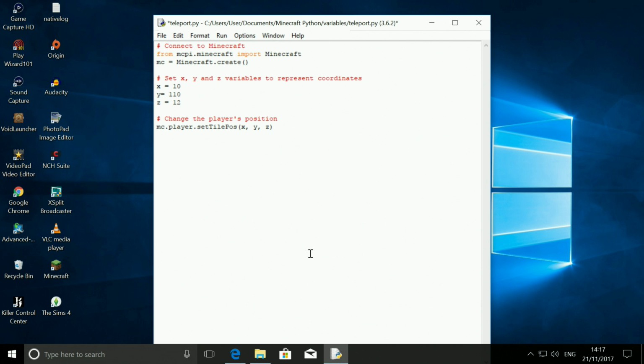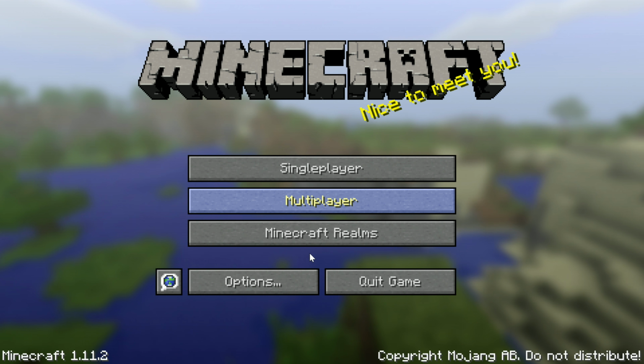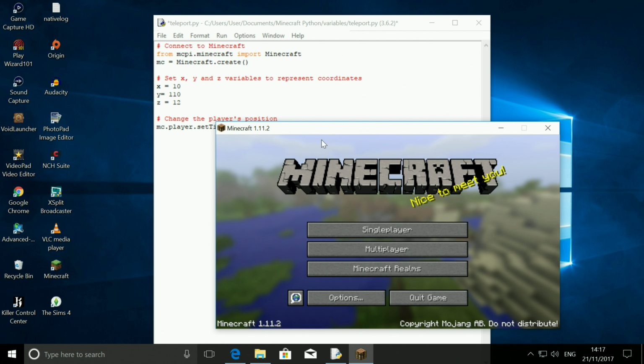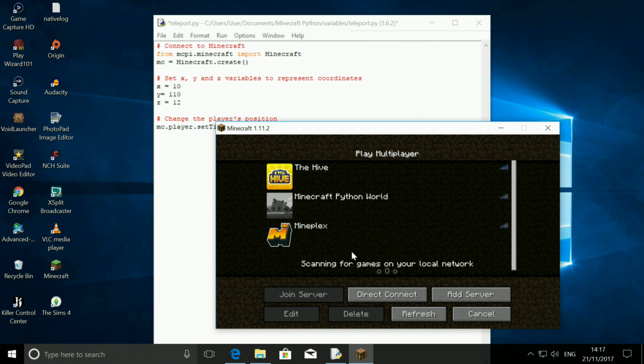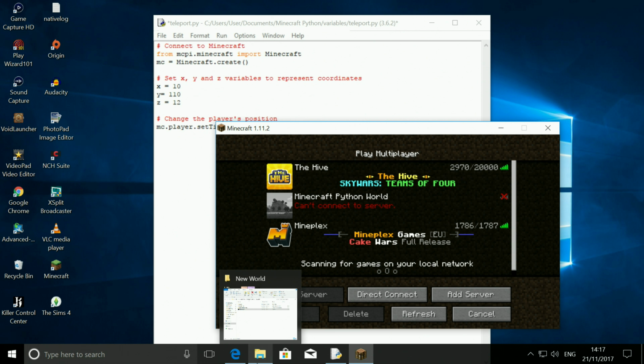So you're going to click play here, and this should open up the brand new world. However, if you do open up the brand new world and an error message does come up, something like this, which I'll show you in a bit, as you can see here, let me just minimize this quickly, press F11, so you can click multiplayer, and if it says cannot connect to server and you keep on refreshing and it keeps on doing that,